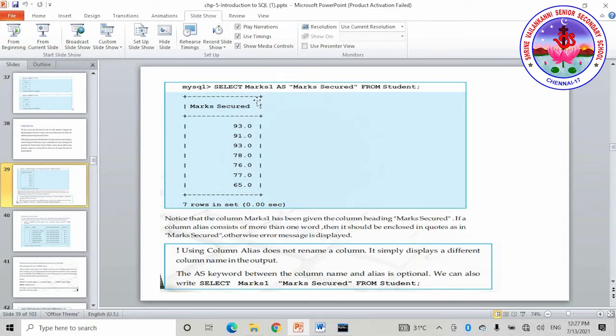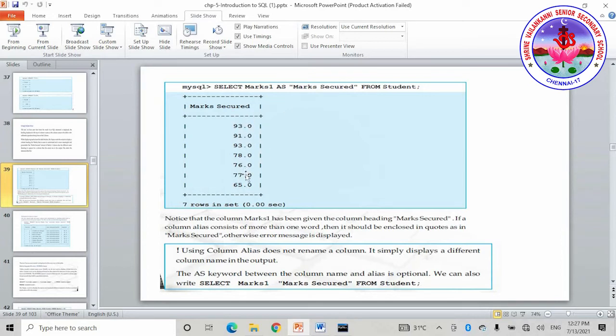Which column did I want to change? The marks1 column I wanted to display as marks secured. When you do it like this, during the output, that is while displaying, the marks1 column will be displayed as marks secured. So this is how you will be using the column alias. Clear? From the respective student table.